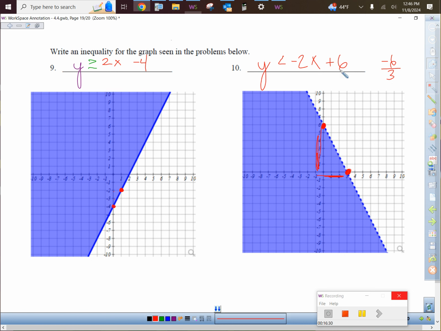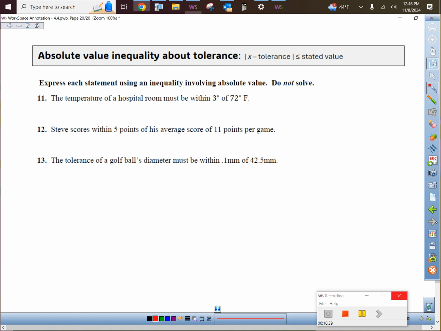Right? Pretty basic. And then the last thing, because we did some absolute value stuff last time, I like to throw these in. They're like, when would you ever see absolute value inequalities? See them all the time, right? You see them all the time. Like when there is a tolerance involved. For example, like in a hospital, this is 100% fact. I don't know how much you've been in a hospital. They don't let you turn the temperature of the room to anything you want. It's like mandated laws in the hospital that the temperature room must be within 3 degrees of 72 degrees Fahrenheit,